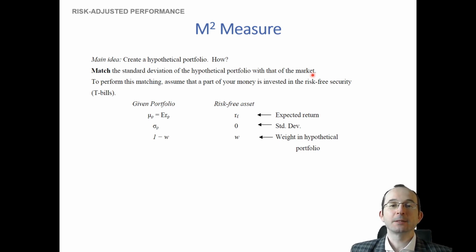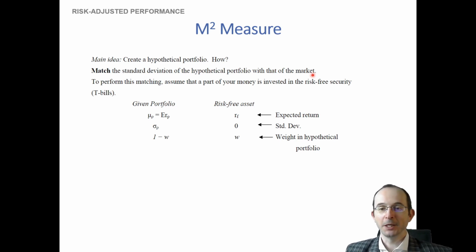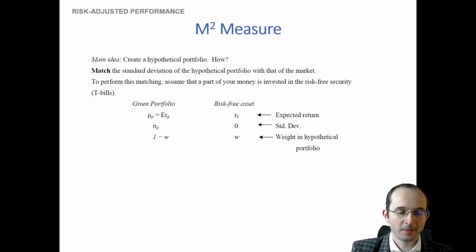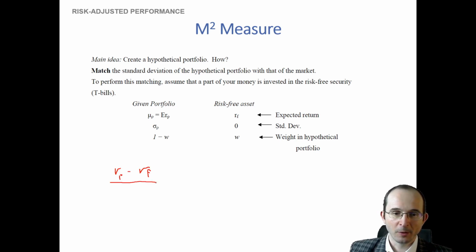And once we've done that, we've essentially then been able to get rid of the denominator in the Sharpe ratios, right? Because before, what we had is the return on the portfolio minus the risk-free rate over the volatility of the portfolio, and we wondered how that Sharpe ratio was relative to the return on the market minus the risk-free rate relative to